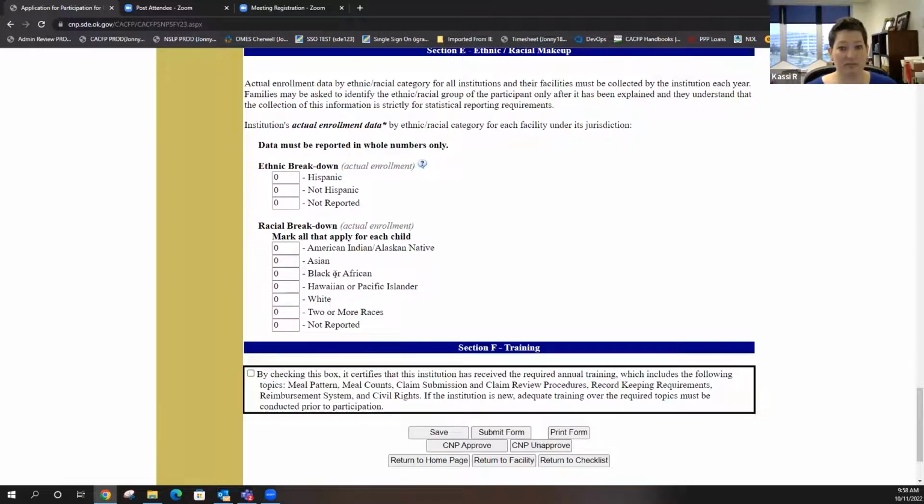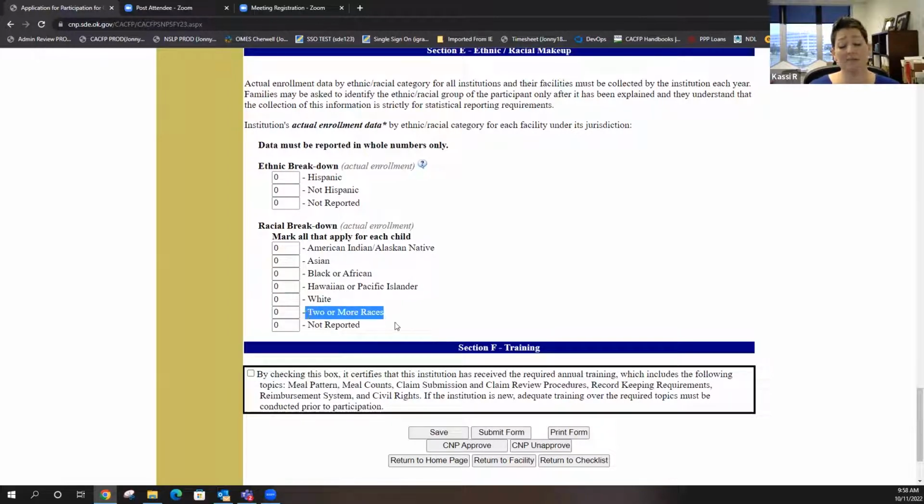So we turned it off, but we've turned it back on now, and we've added some stuff here. If a parent truly doesn't want to report a child's race or ethnicity, I would encourage them, because USDA asks us to encourage self-reporting, but they don't have to. You can now account for those children who don't have one reported. You don't assume it, you just say it's not reported.